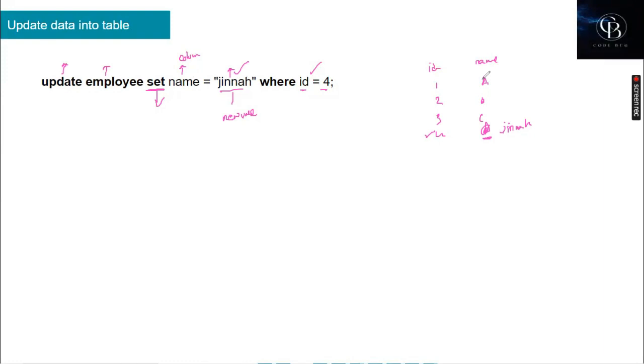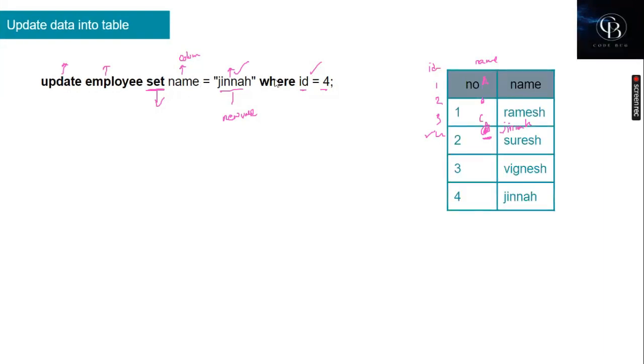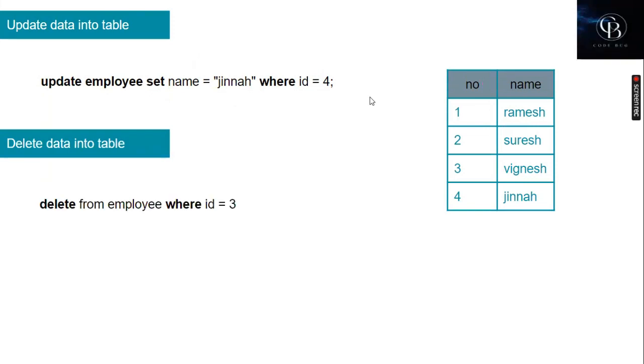Next one is delete. Delete from table. If you want to delete the entire table data, we can delete. You can also delete only a single record. If you write only up to this part, delete from table, the entire data will be deleted. If you use delete from employee where id is equal to 3, it means from the employee table,